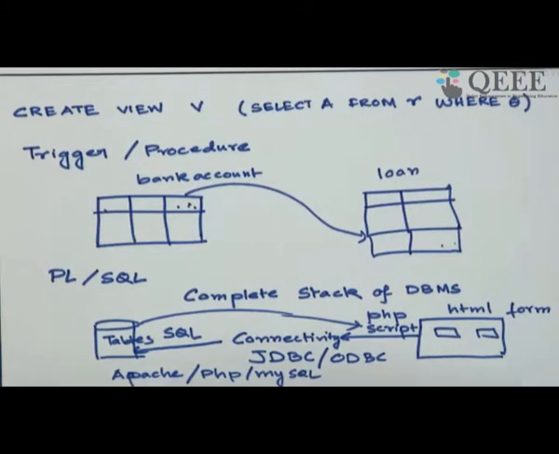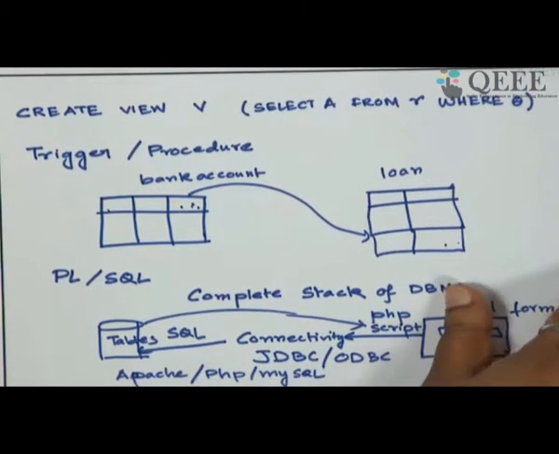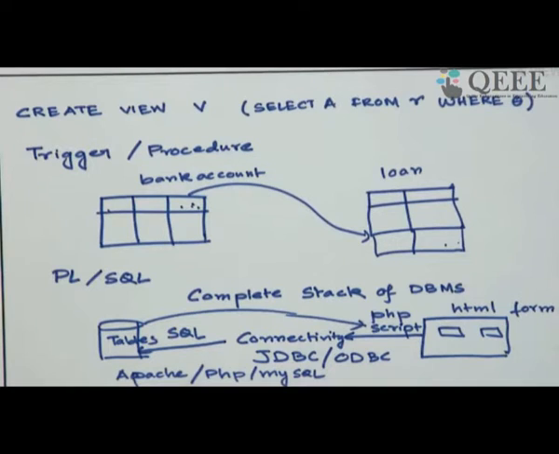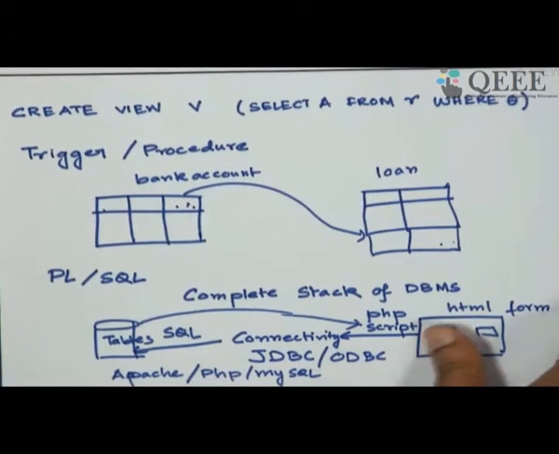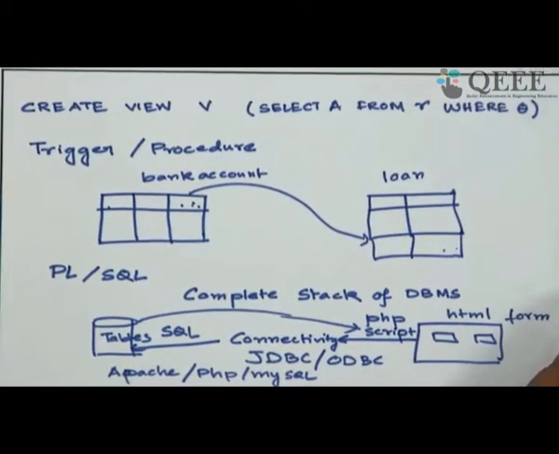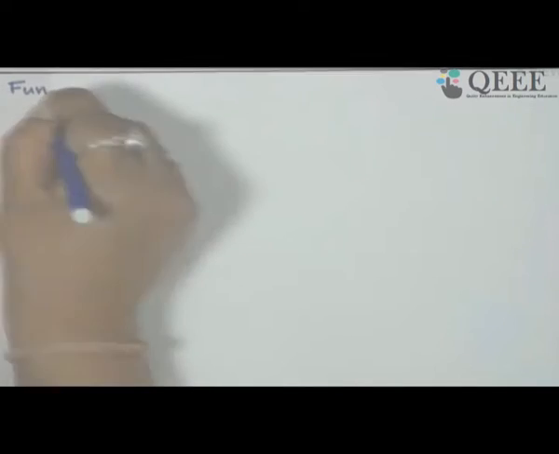So I think I'll just stop on this topic here. I need to move on to the next topic. So the final word is, please try this. Build a full system. There is no point in just writing exotic queries. You build a system, see what comes. If you have any query, you ask me. I'll be happy to help offline also beyond this lecture. Now I move on to the next topic.